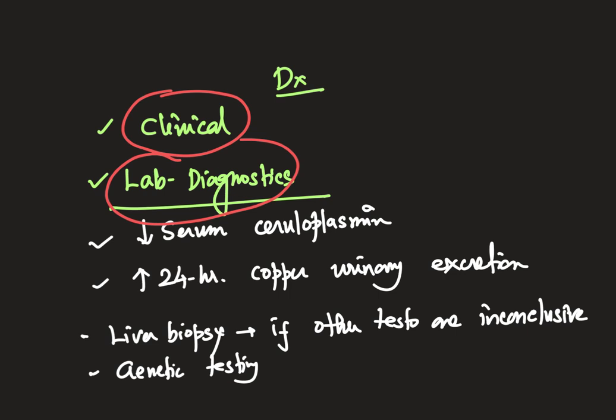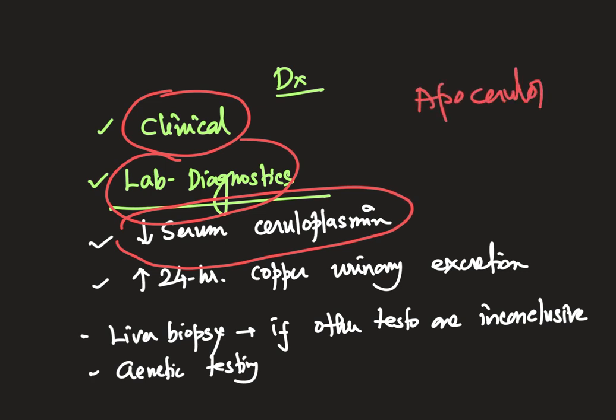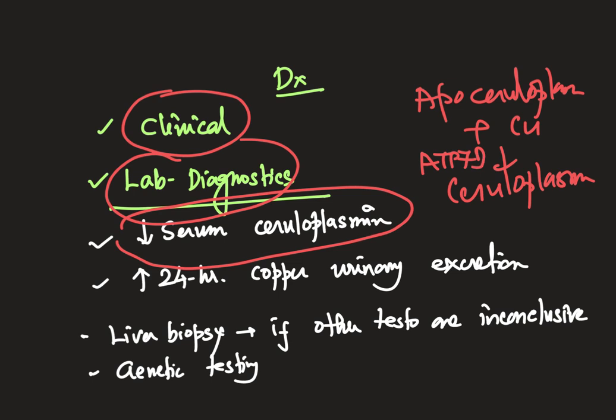With this kind of background, in the lab diagnostics, the important point is that there will be decreased serum ceruloplasmin. Why? I already mentioned that the ATP7B protein basically packages apoceruloplasmin plus copper to make ceruloplasmin. So apoceruloplasmin plus copper makes ceruloplasmin. Now as ATP7B is not there, it's defective, this packaging would not be possible,